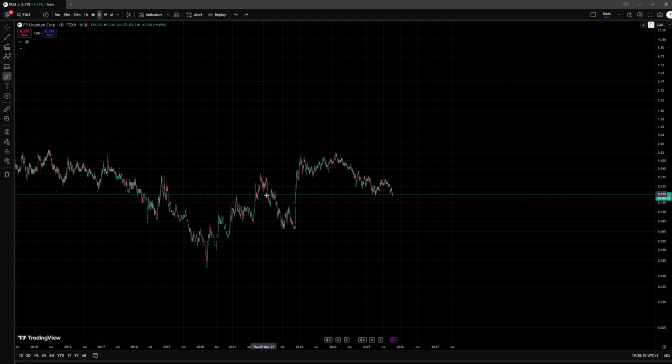additional wave A or the wave C of a larger wave 1. So we are tracking basically two different counts, but the thing about them is that it could be either of them, unless we actually invalidate the idea that here is a wave 1 up, a wave 2 down, then we had an A wave up, a B wave down, and a C wave to the upside. Unless we invalidate this possibility of an A-B pattern, we would not really be able to know which of the patterns we should be tracking, because they will heavily overlap, and the developments that we would be looking for